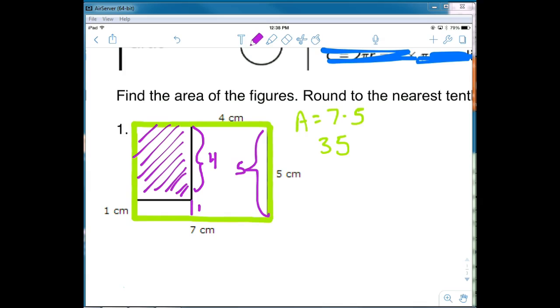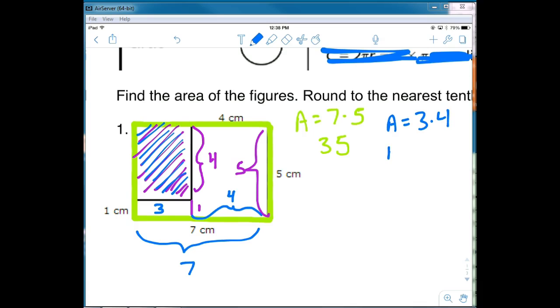And I can use that same process to find the length on this other side. If this whole thing is 7, this little part right here is 4. That must mean that this remaining part is 3. And so in order to find the area of the rectangle that we want to subtract off, we multiply 3 times 4. And we get 12. To find the total area now, I'll take 35 and subtract 12. And I will end up with 23